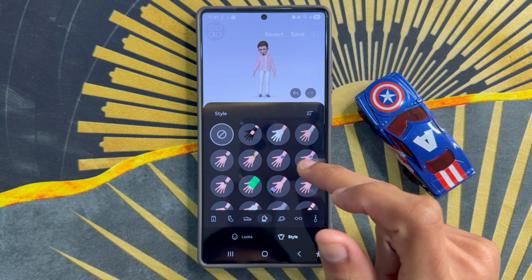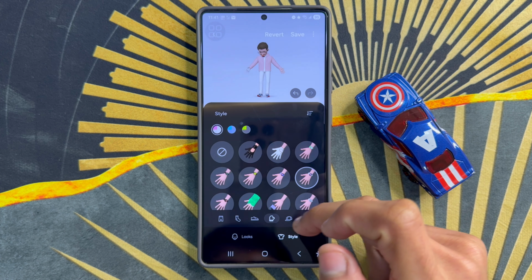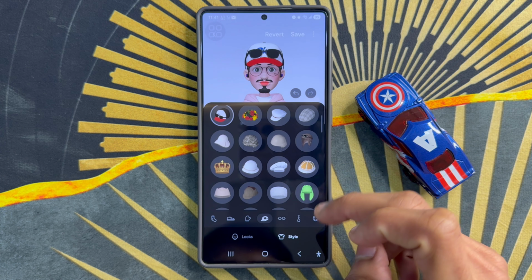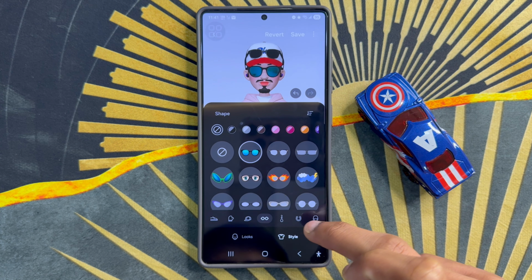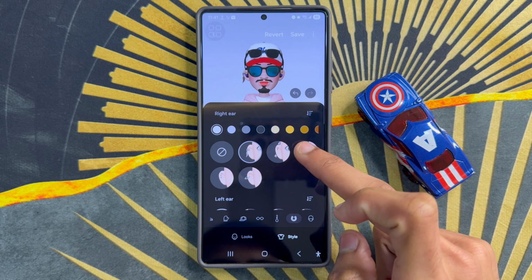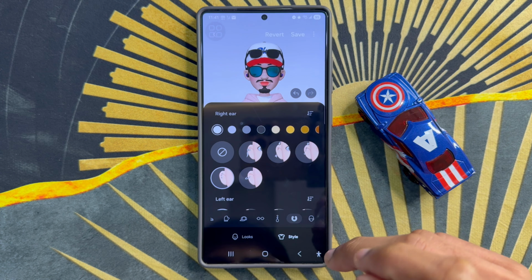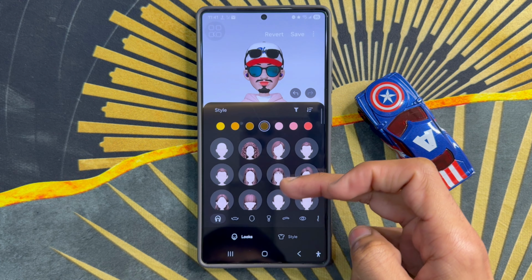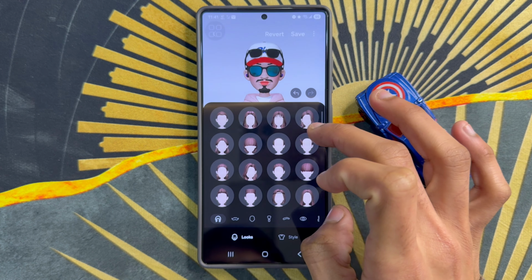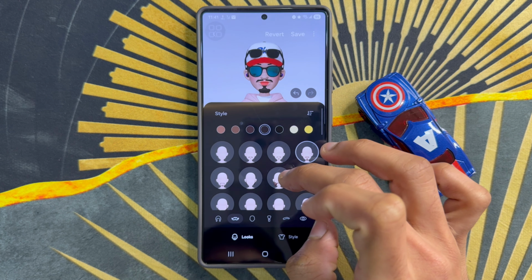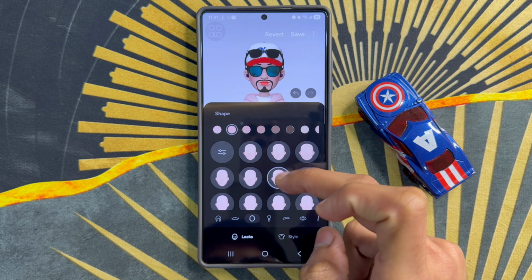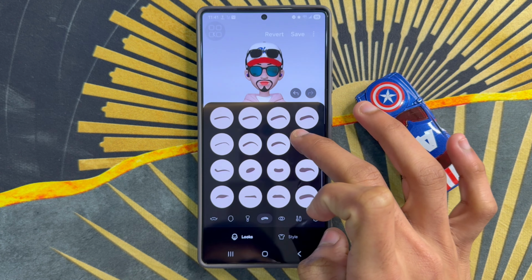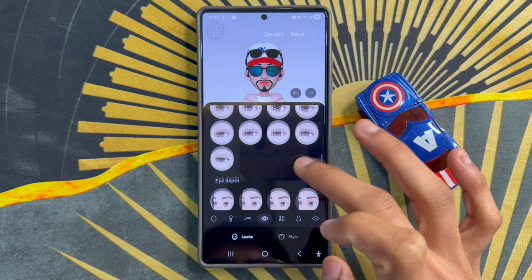If you want to change watches, you will change cap, change glasses, and if you want to change looks, change hairs from here, change eye colors from here,